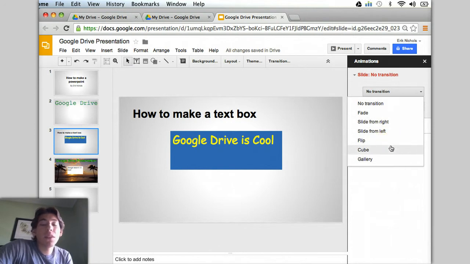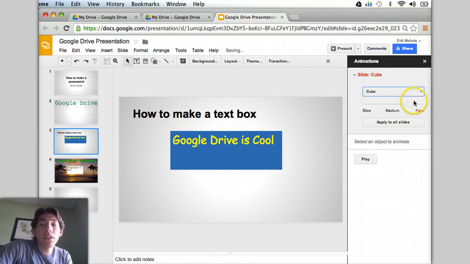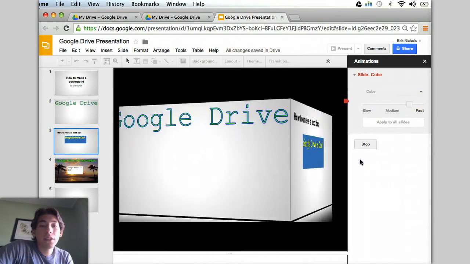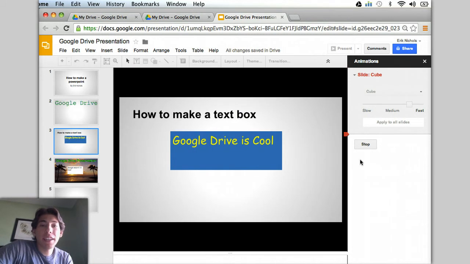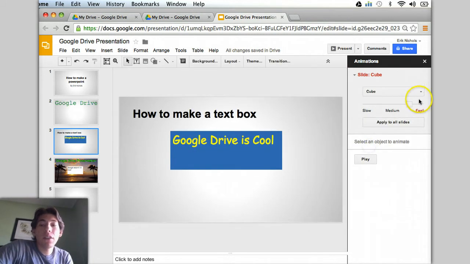Particularly I like the cube one. It's kind of cool and the way it works, and the cool thing about this also, you can change the speed of how fast it changes. So this one's already kind of between medium and fast, so I'm just going to click on it and show you what it's like. So I'm going to click an image, and it kind of flips that cube very quick. It's really fast. However, when trying to make a presentation, I kind of like to slow it down to make